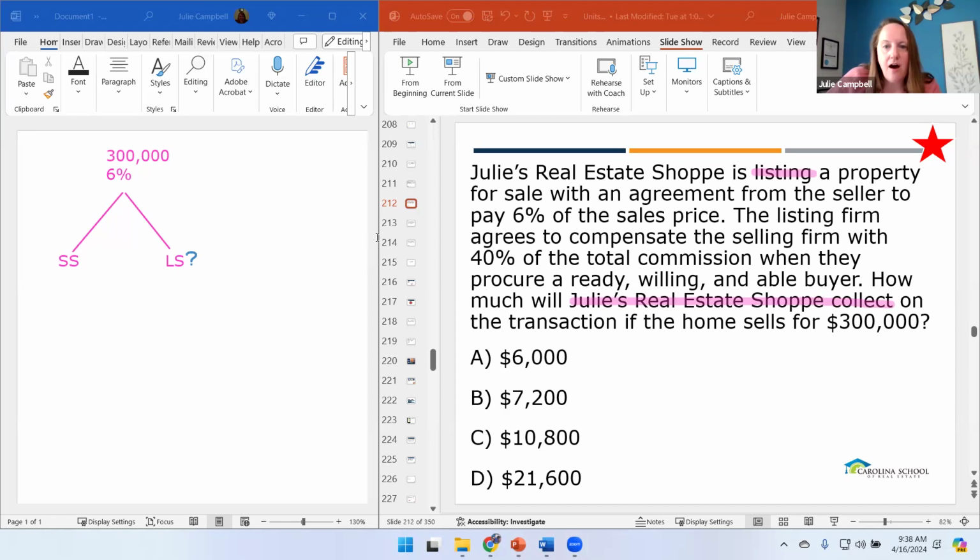I know of the total commission, we're going to give 40% to the selling side, which means how much of the total commission are we going to keep for ourselves? You guys can all show me, at least the first digit. How much are we going to keep for ourselves? We're going to keep 60%. So of the total commission,